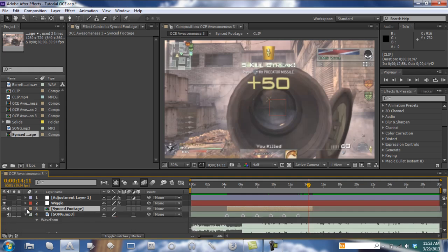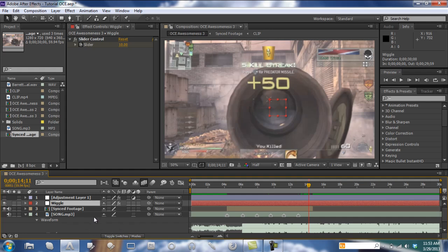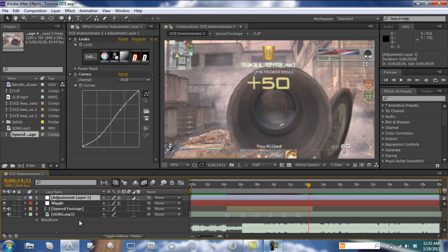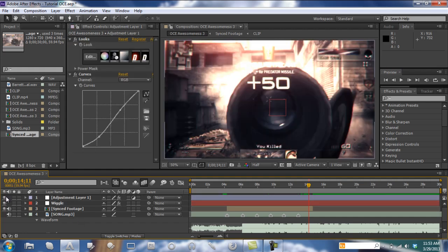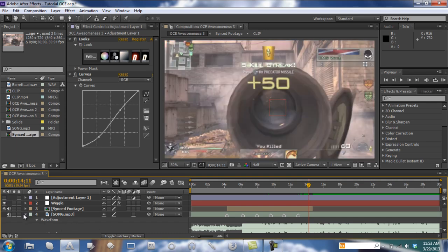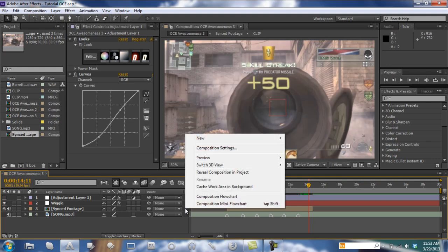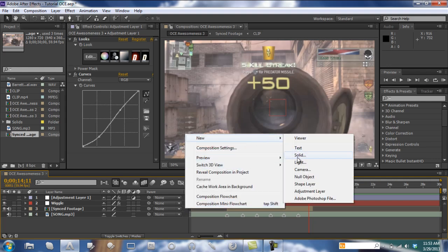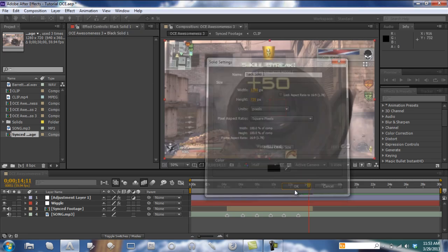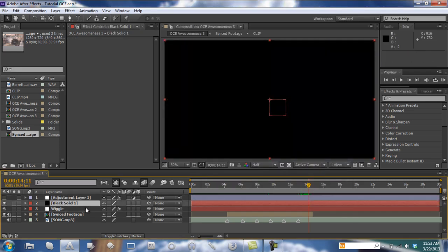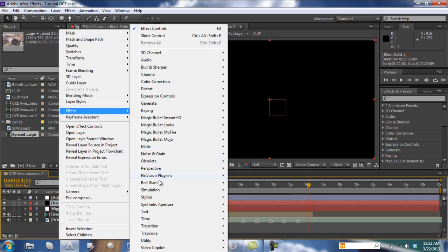And I believe I showed y'all how to do the screen wiggle, so y'all just do that however you want. Slider control and then a null. And then you want to make sure you have a good color correction that'll emphasize your flare. Alright, so now what you want to do, we're going to make a new solid, black solid 1. Let's bring it down underneath our color correction. Alright, and you want to go down to this. It's a third party